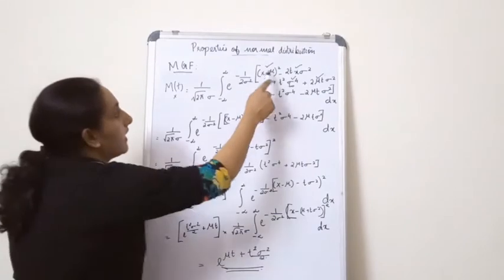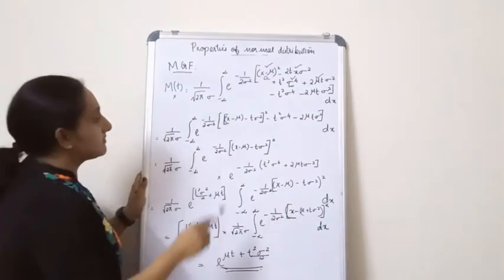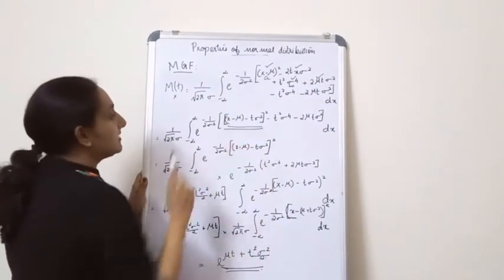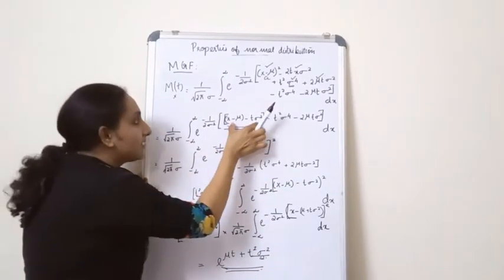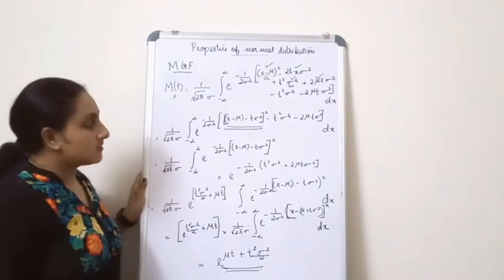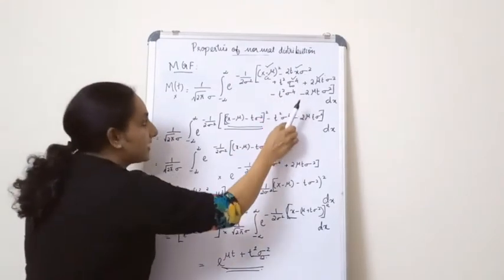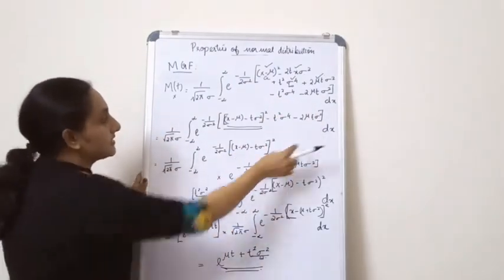Okay, so I'm going to club this 4 terms, then I get x minus mu minus t sigma square the whole square. If you expand this, you will get these 4 terms. Okay, minus, you write down the other 2 terms. Okay, dx.